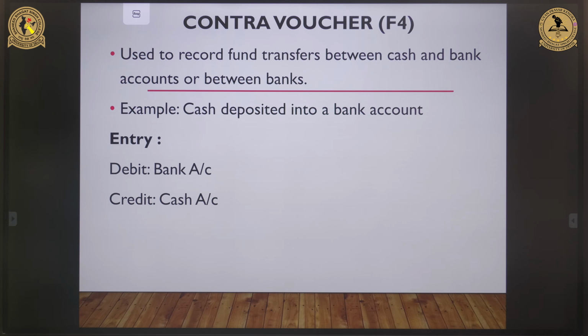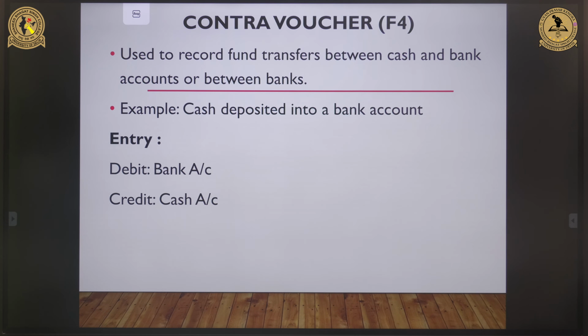So, the first voucher is the contra voucher. A contra voucher is used to record the transfer of funds between the cash and bank accounts or between banks. For example, if you deposit 10,000 in cash into your bank account, then for that you have to use a contra voucher. The entry will be, you have to debit the bank account and you have to credit